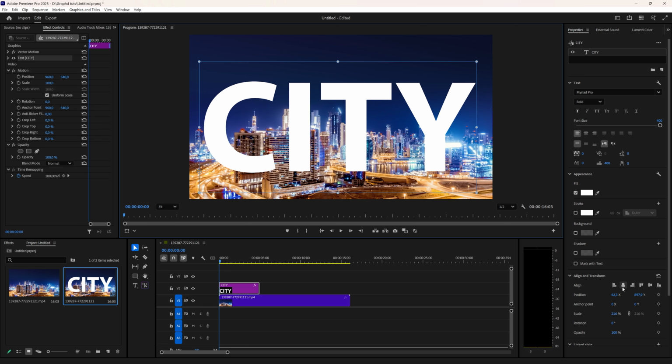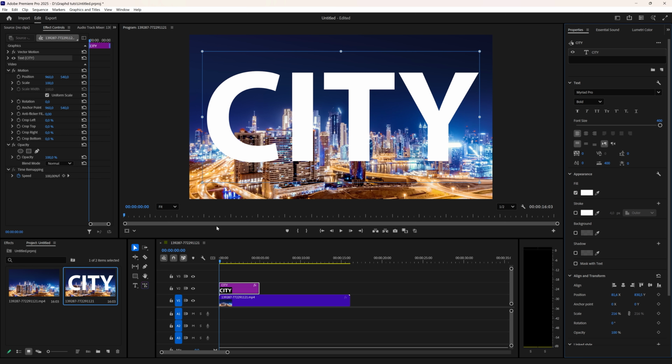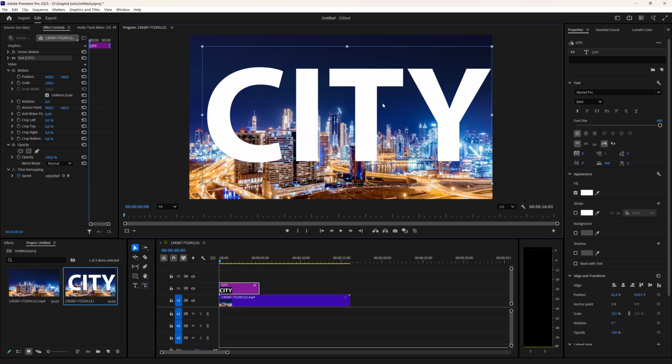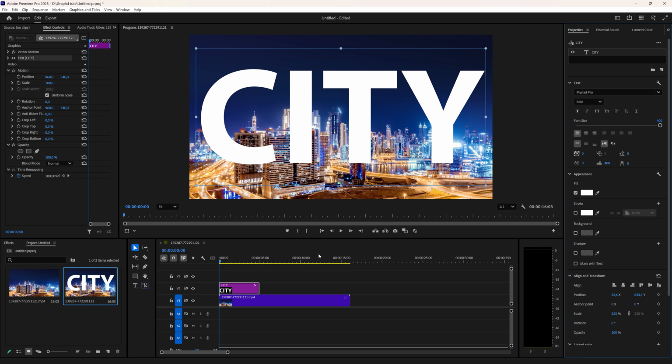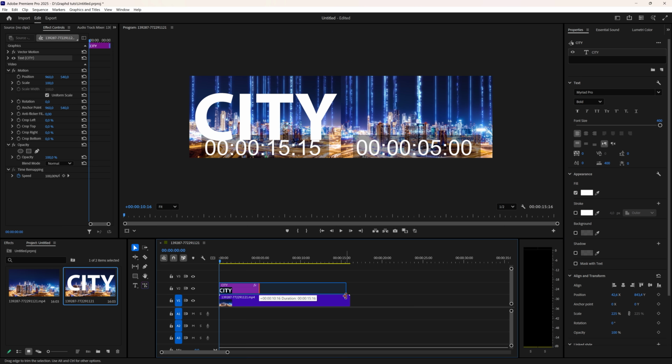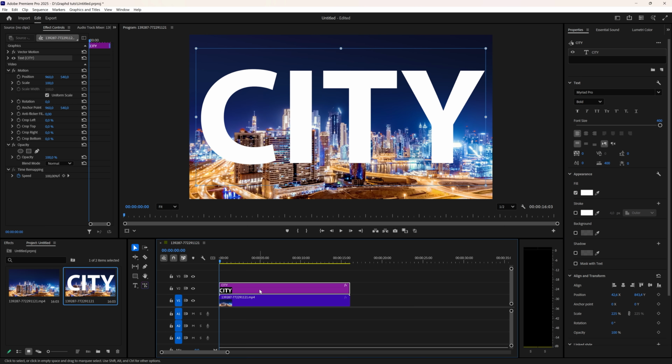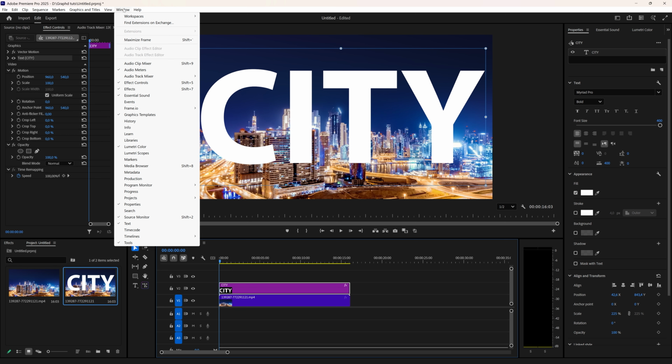Like this, then aligning my text to my footage. And then when you're happy with your text and you have adjusted it in the properties window, which if it isn't visible, you can go to Windows and then choose properties. And while you're there, make sure the effect window is also visible, because we're now going to